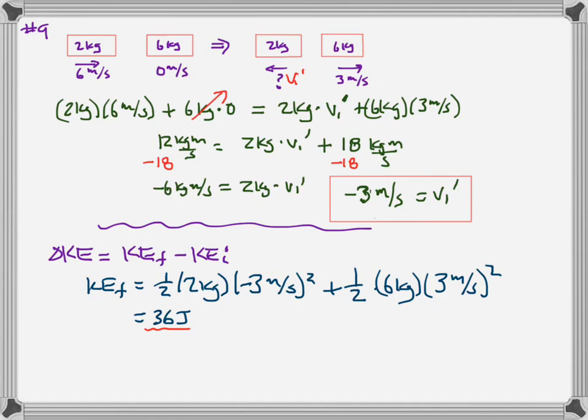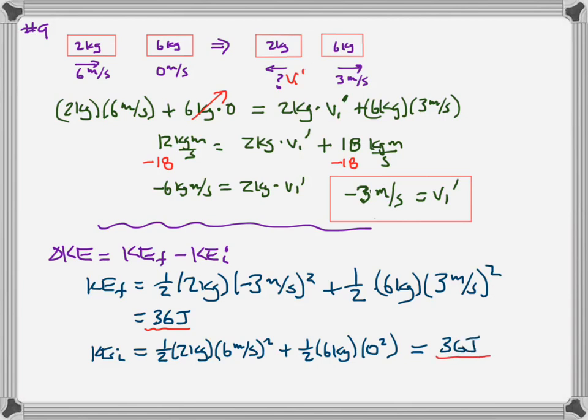Let's go ahead and find the kinetic energy at the beginning. Initial is going to be 1/2 times that 2 kilograms. The initial velocity was 6 meters per second, so we're going to square that, plus 1/2 times 6 kilograms times 0 squared, because that thing wasn't moving. And we get 36 joules. So what we find in this problem is that the energy hasn't changed in the collision. We say that the mechanical energy is conserved. We had 36 joules to start, we had 36 joules to finish, no energy is lost,